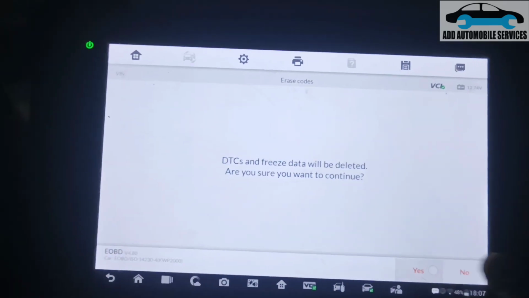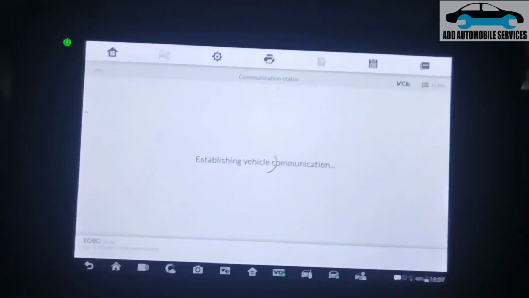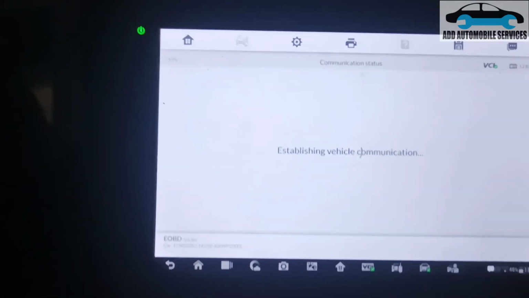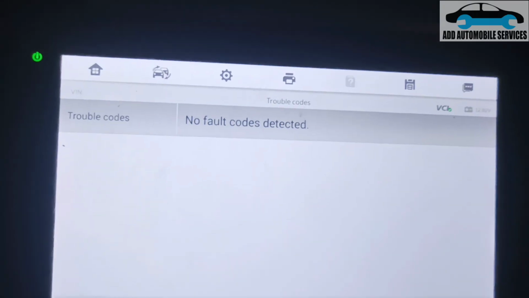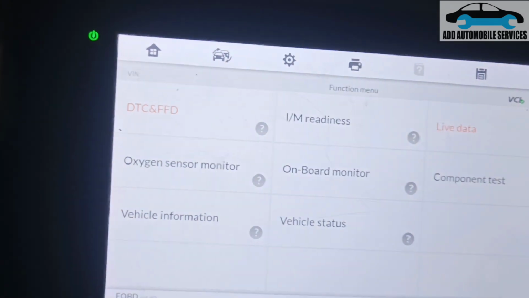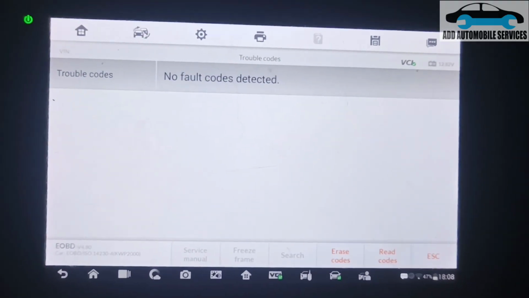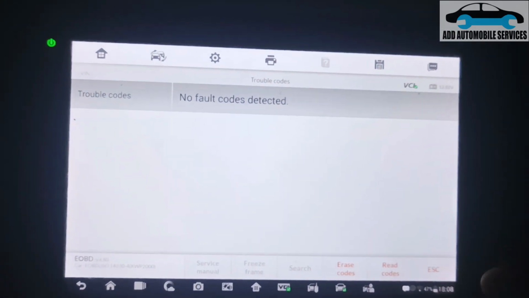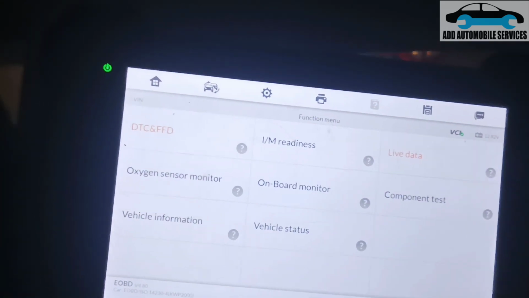So erase them, and I've cycled the ignition, and let me scan the vehicle and see if the fault code will come up again. So now it tells me no fault code. Let me cycle the ignition and go back and read it again, and there is no fault code. So what I'm going to do is go to live data and start the vehicle